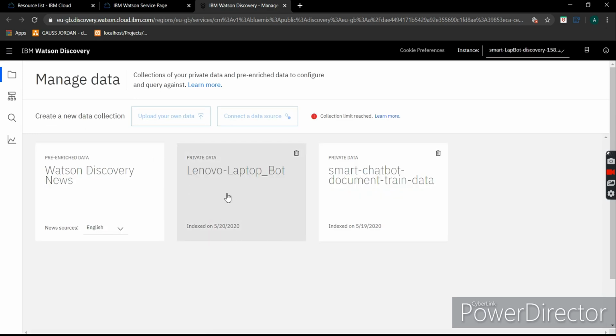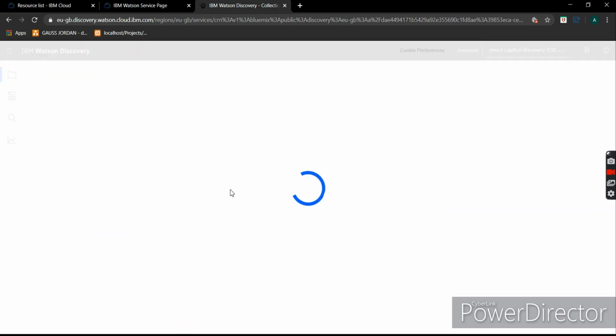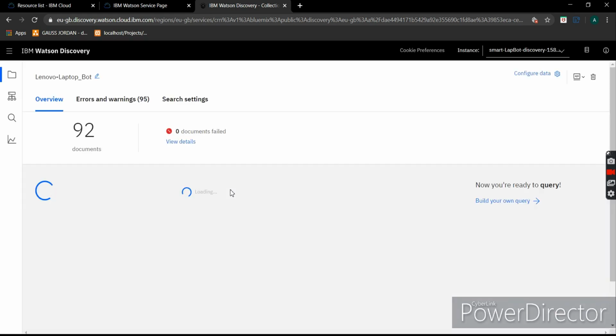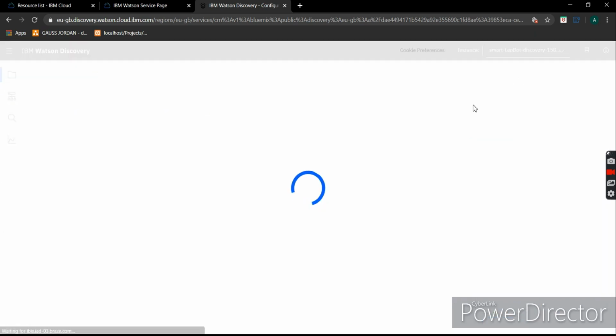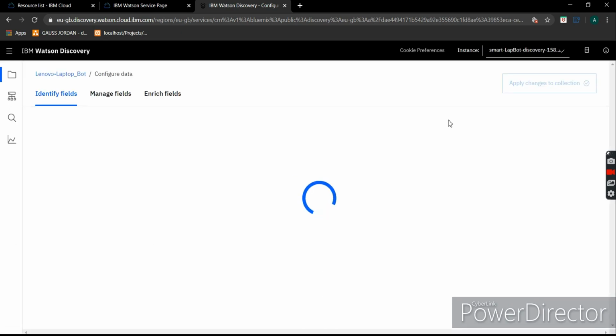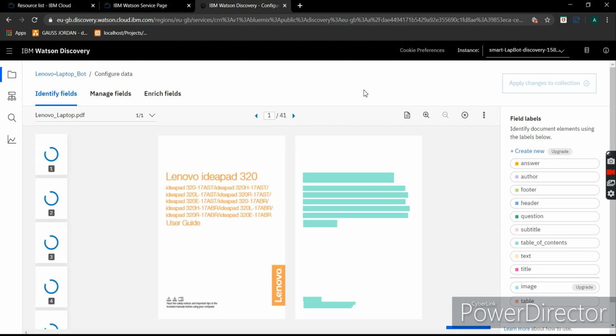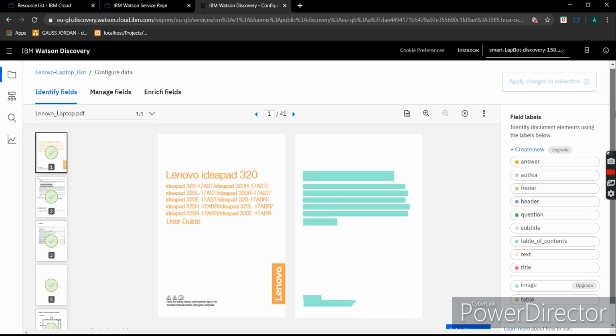So as you can see, I have created a smart document. I am referring to the document as smart because using Watson Discovery, I have annotated the document. In the Identify Fields tab, the document is loading. As you can see, the document has been annotated and is highlighted with various colors.